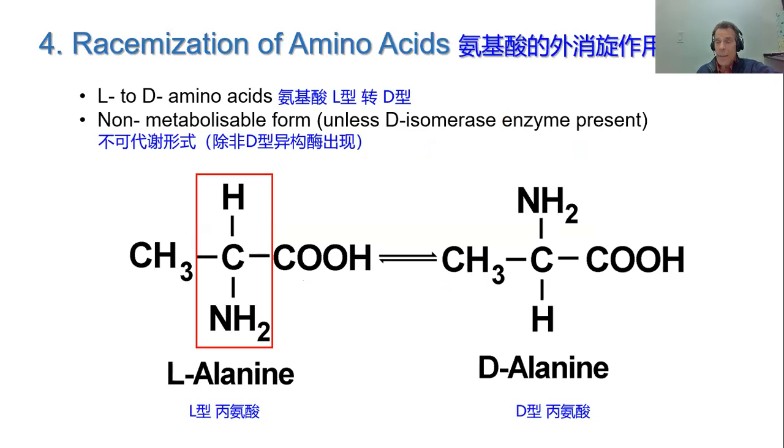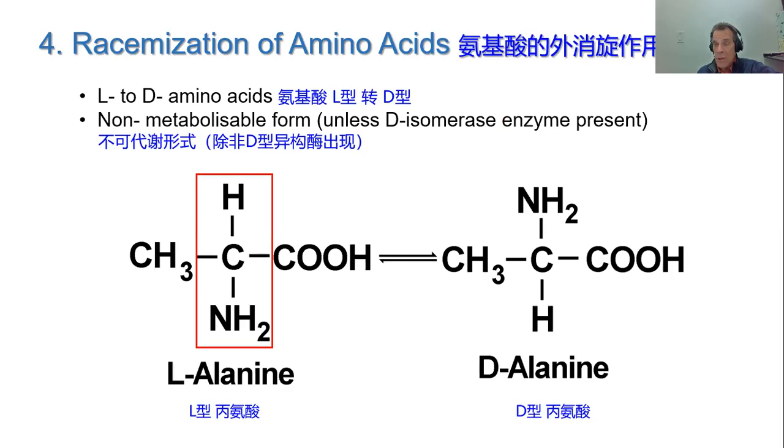Now, the other type of reaction is the racemization of amino acids. Amino acids can be found in nature in the L form. Sugars are found in the D form. Amino acids are naturally present in L form. However, D forms are present, synthesized chemically, and they're also created in nature due to this kind of high temperature processing. So alanine can be transformed into D-alanine through this process of heat damage.